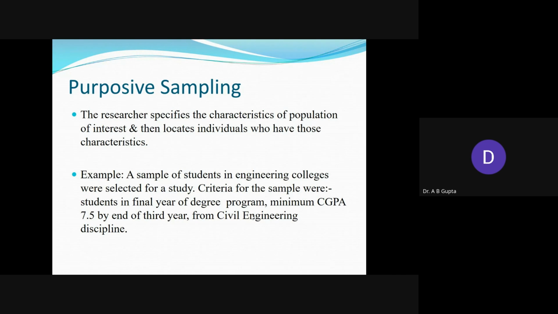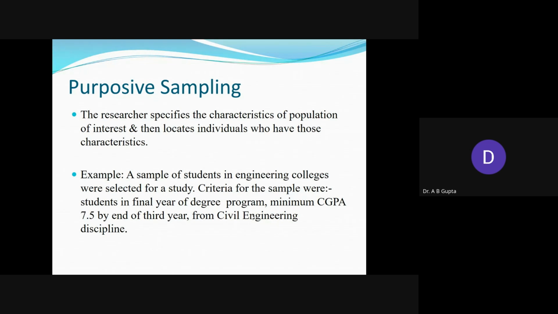And then, my friends, I come to another very interesting type of sampling, purposive sampling. Suppose I want to involve some individuals in my study, and I have certain characteristics of those individuals in my mind. I want to collect information from some students, but there are certain conditions. For example,